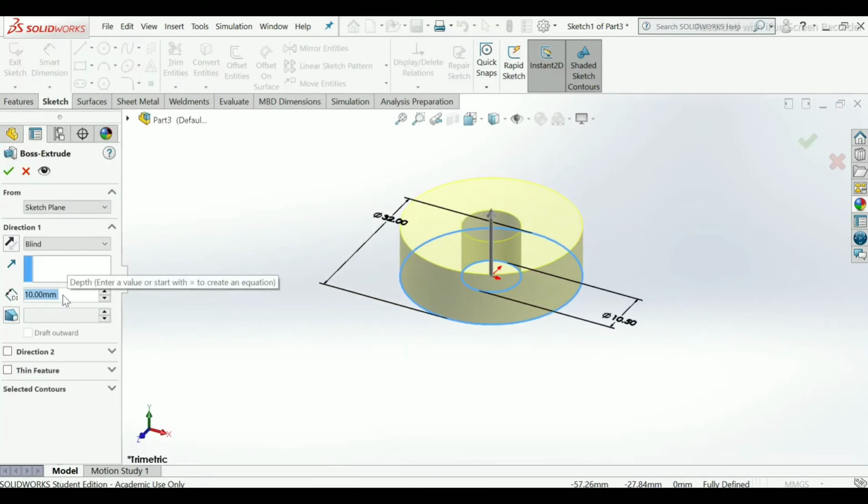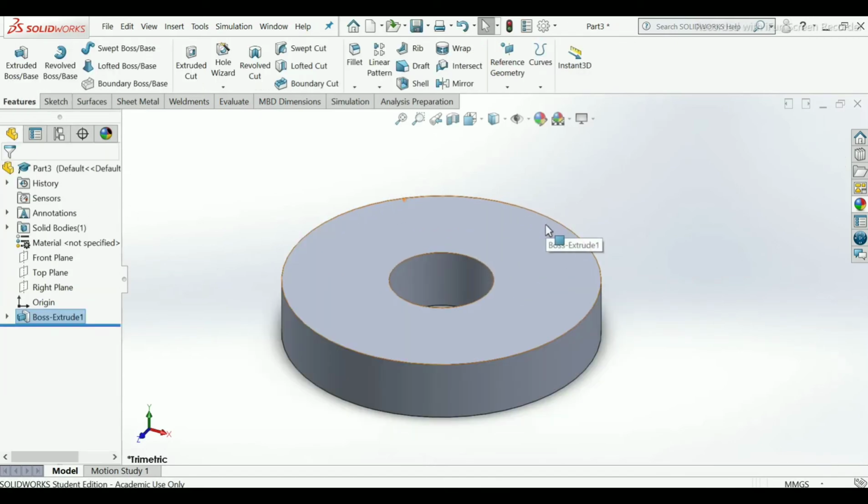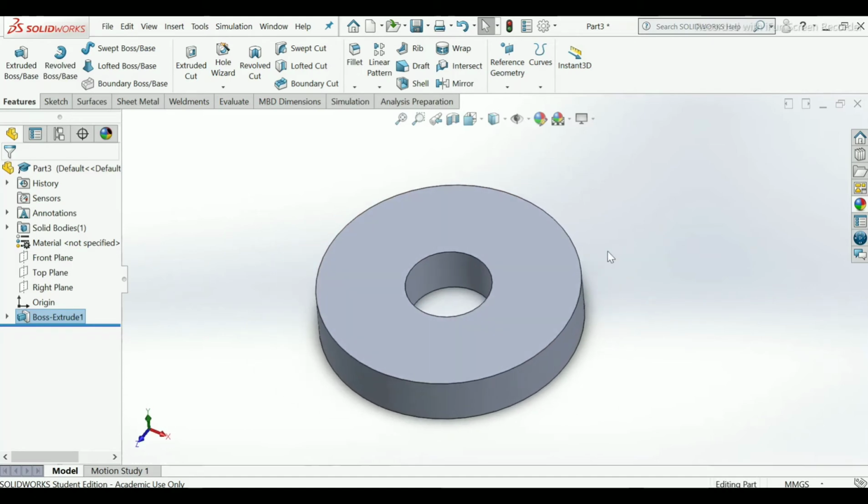The distance will be 6 mm. Click OK. Now our third component has been made.